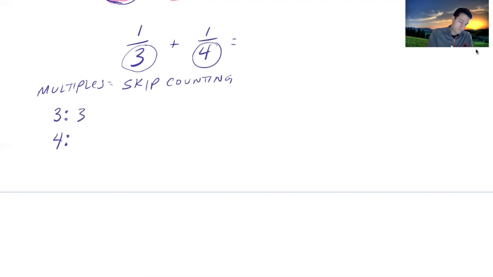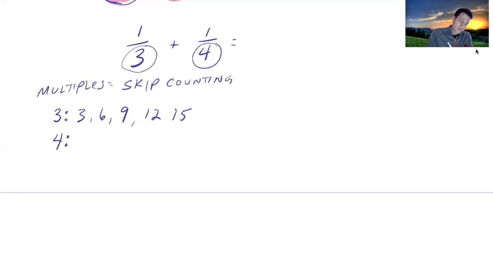So 3, 6, 9. Basically, you're going through their multiplication table. So 3, 6, 9, 12. And usually if you can do, I would say 5 multiples, you're probably going to find a match. So once again, reminder, 3 times 1, 3 times 2, 3 times 3, 3 times 4, 3 times 5. So let's do 4. So 4, 8, 12, 16. We're just going to go all the way out to 5. And you'll notice right now, right off the bat,